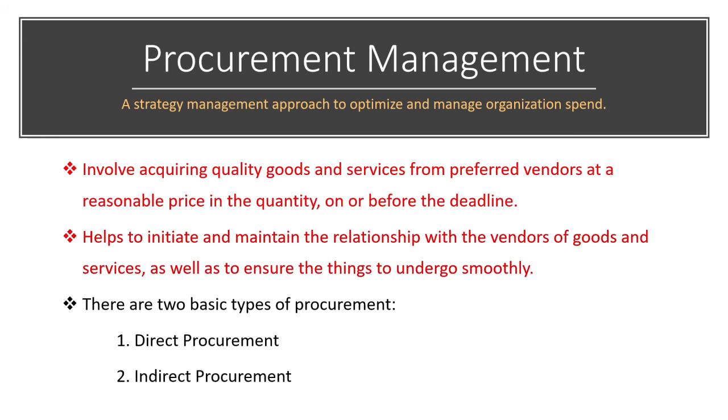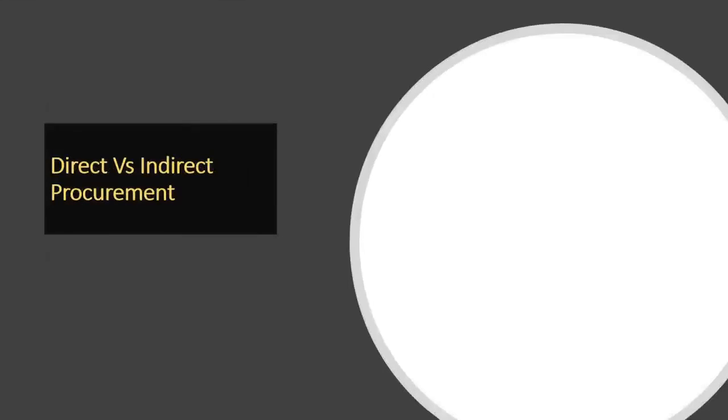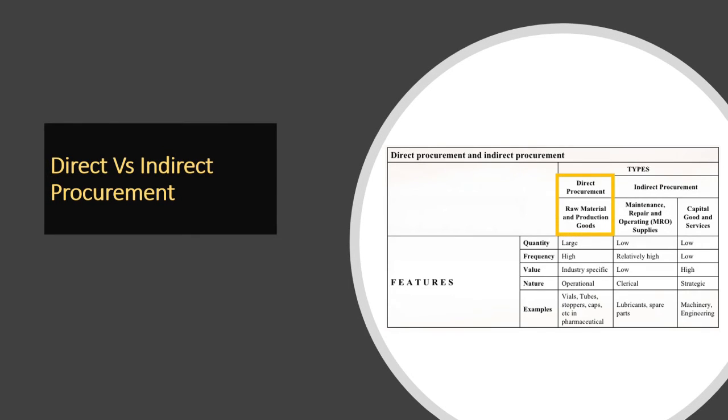These managements help to initiate a good relationship between the vendors and enhance the entire procurement process to undergo smoothly without doubt. Next, there are two types of procurement, which involve direct procurement and indirect procurement. So let me introduce a bit on these two basic procurements. The direct procurement involves the purchase of the raw material input, which is then converted into the finished goods